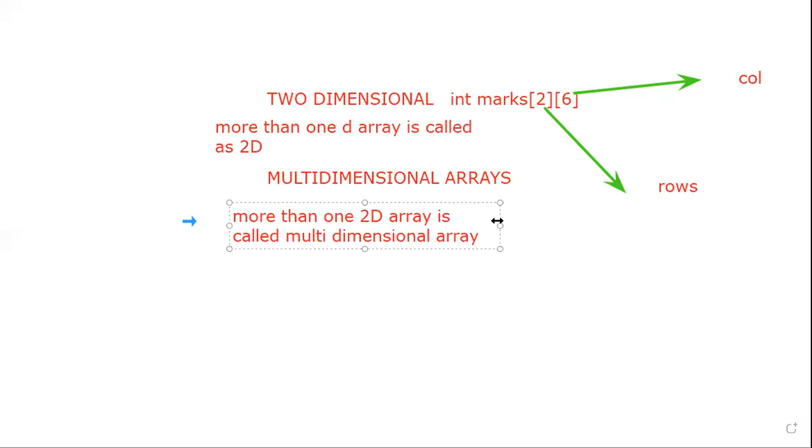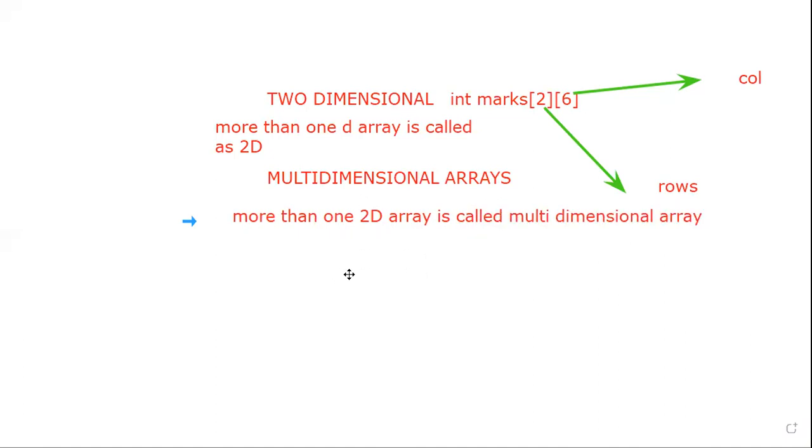This is the definition of a multi-dimensional array. A multi-dimensional array declaration looks like this, for example. Whether it is Java or C, C++, whatever it is, the declaration is the same.